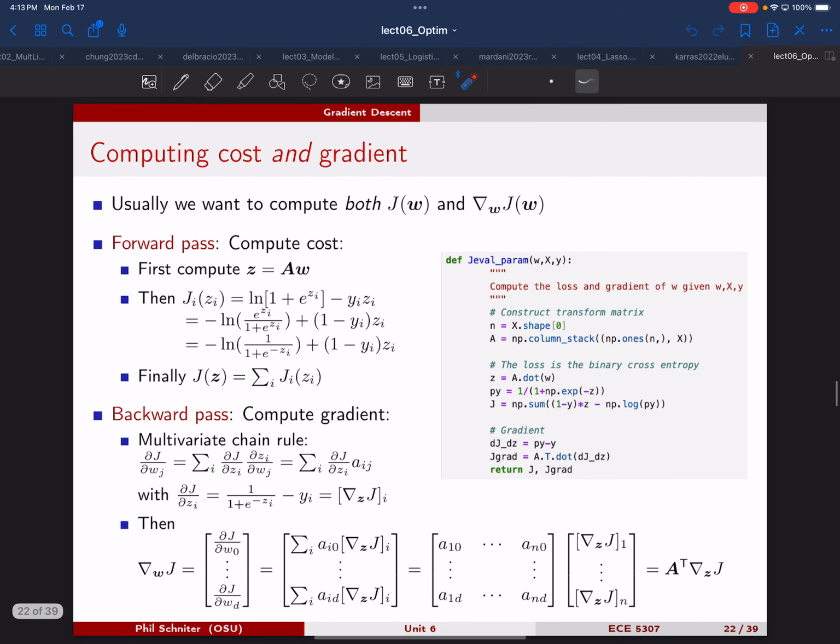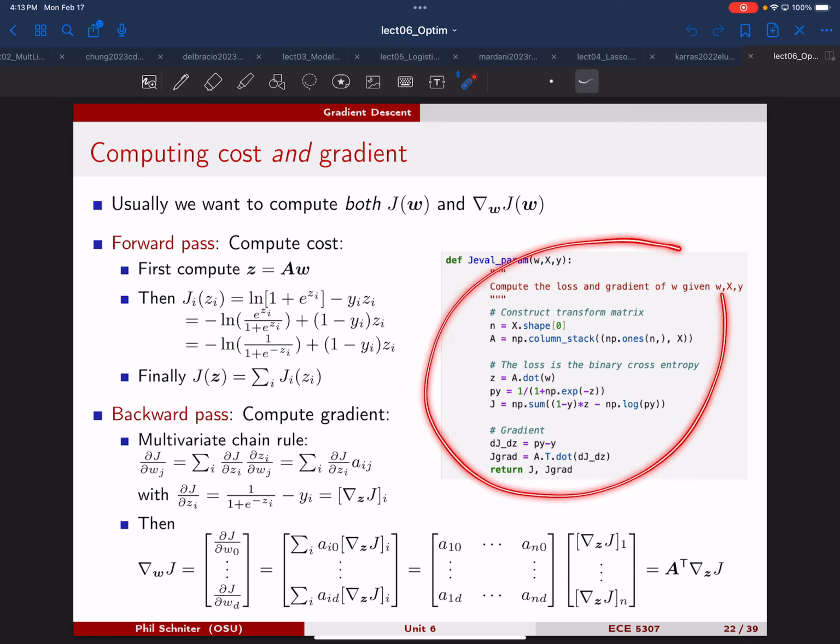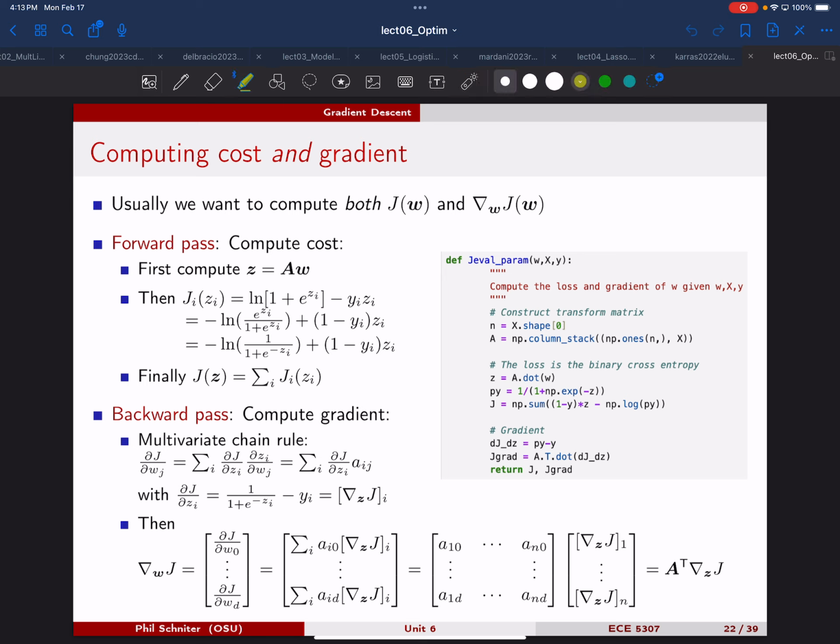So it turns out that usually we do this to do something like gradient descent. For gradient descent, we need our gradient vector. But we also often want to monitor the cost to see how quickly it's decreasing. And so we usually want to compute both the cost and the gradient together. Here's a piece of code that's doing that. We can take a look at that in a moment. And overall, the way we break this computation up is we do what's called the forward pass, where we compute